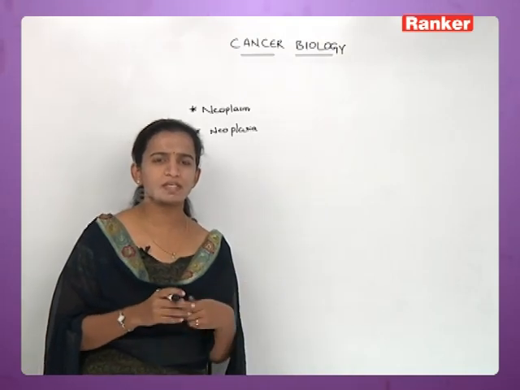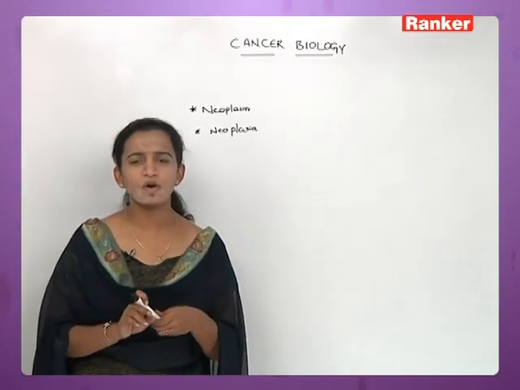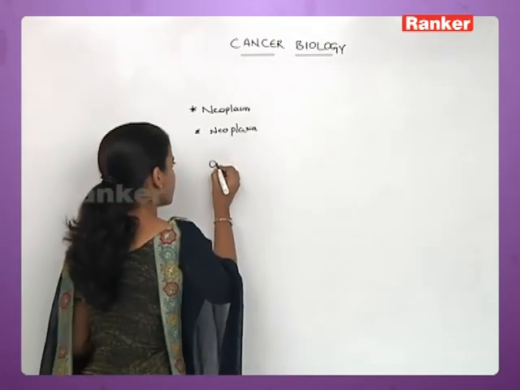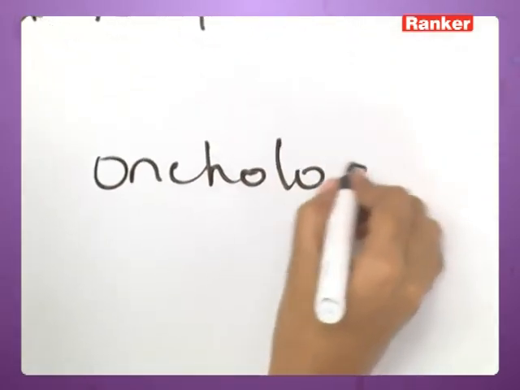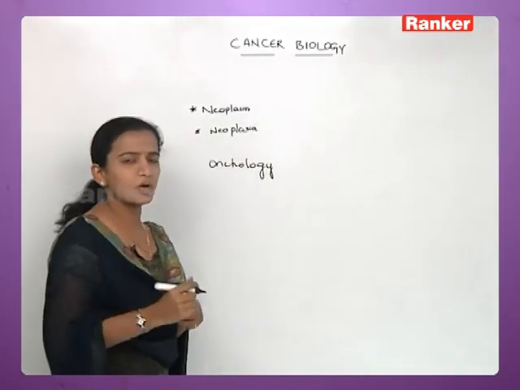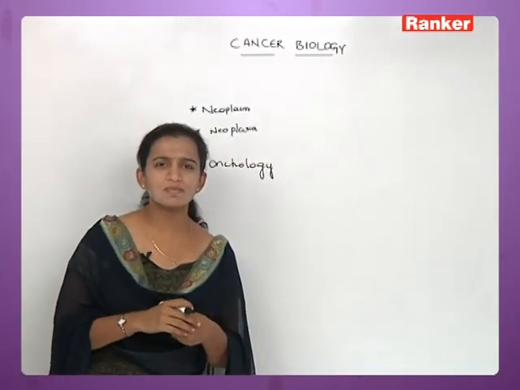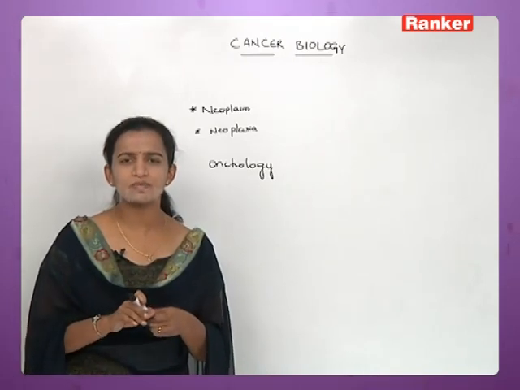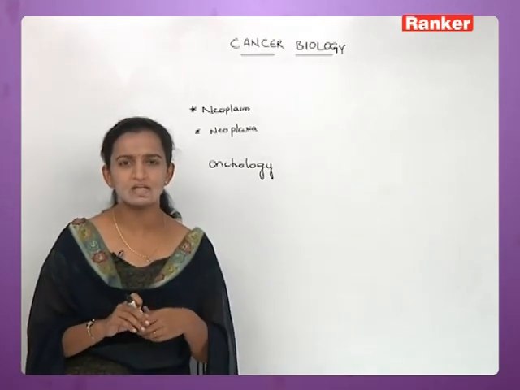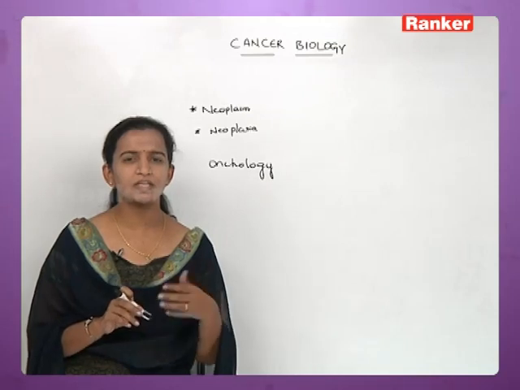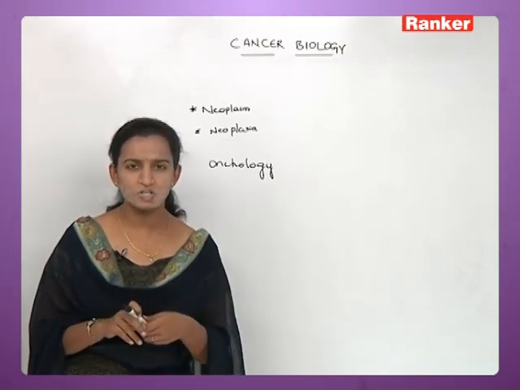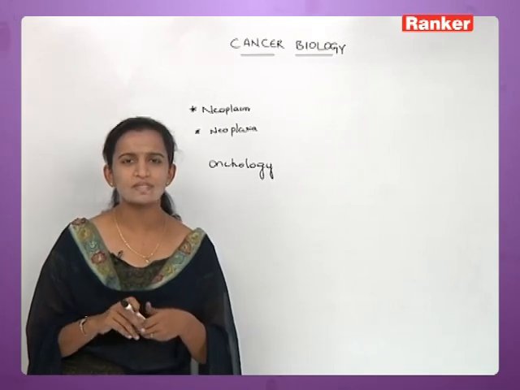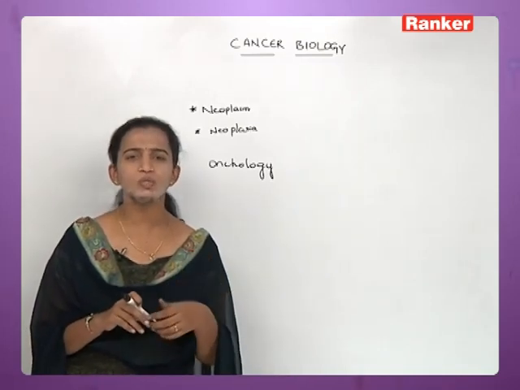Well, coming to this, again we can say the study of cancer is called oncology. Now, coming to cancer, sometimes it is due to an inherited character. Sometimes family members may have this kind of cancer, and it is inherited through the generations, and some are due to mutation. That means a sudden change happening in a gene will lead to cancer.